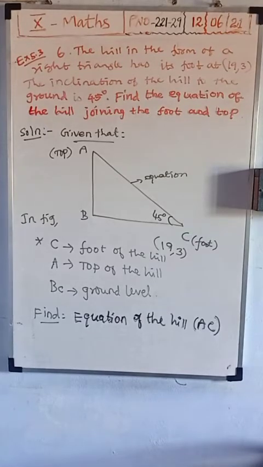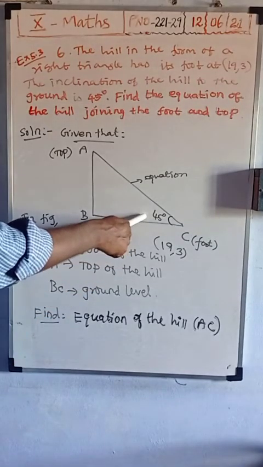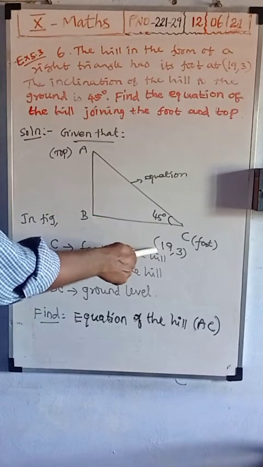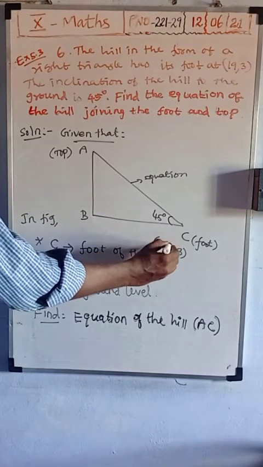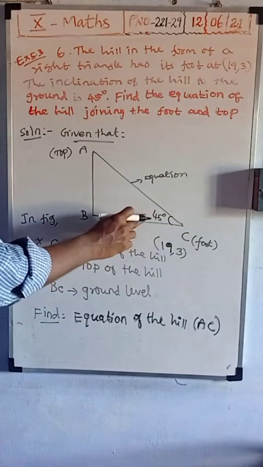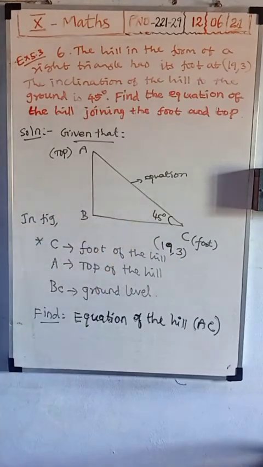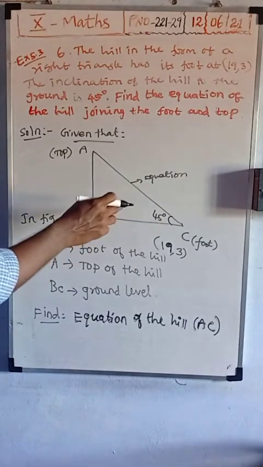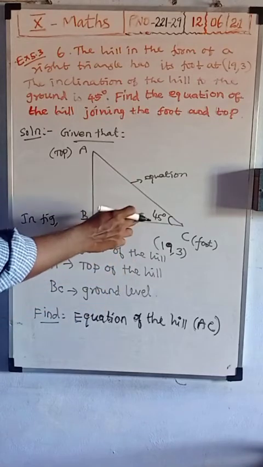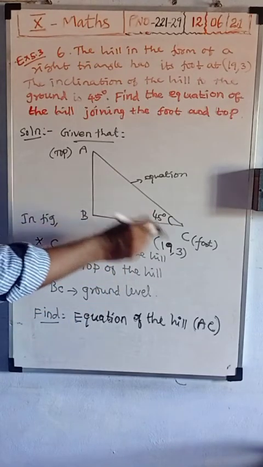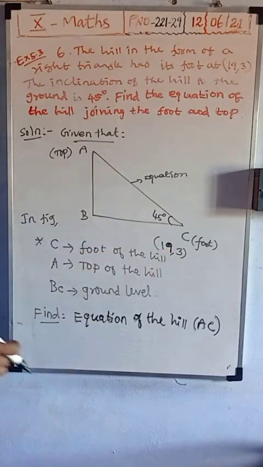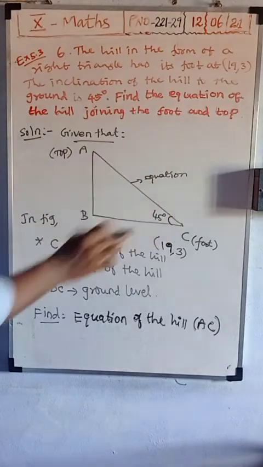So for that, what do we want to do? Here the angle of inclination is given, and one point is there. So using the angle of inclination, we want to find the slope. Slope m is equal to tan theta. Tan 45 degrees is 1, so easily we will get the slope. Then one slope and one point means we know the form of the equation of a straight line: y minus y1 is equal to m of x minus x1. So using this, we will easily get this AC equation.